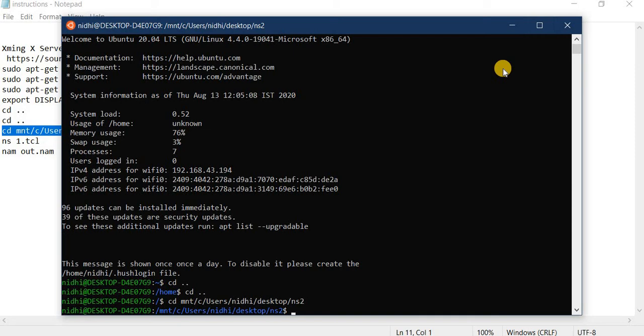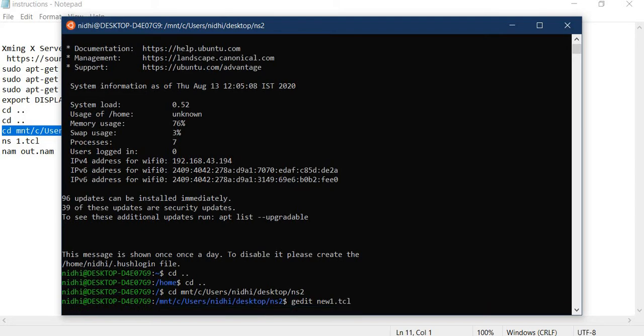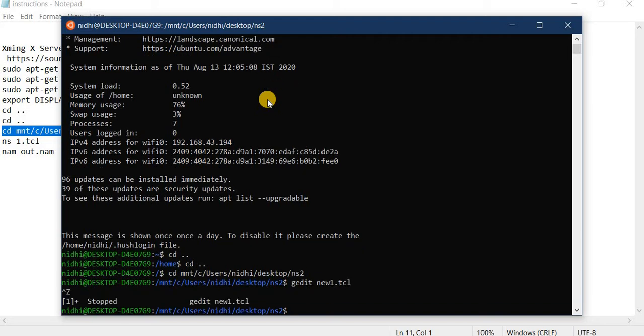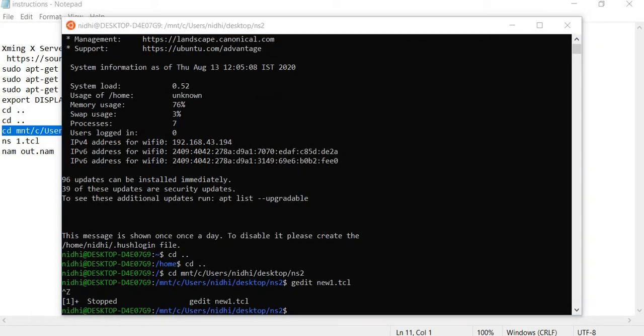Okay, now I have to run gedit because I'm creating a new file, new1.tcl. I did not start the Xming server, so first I have to start it.